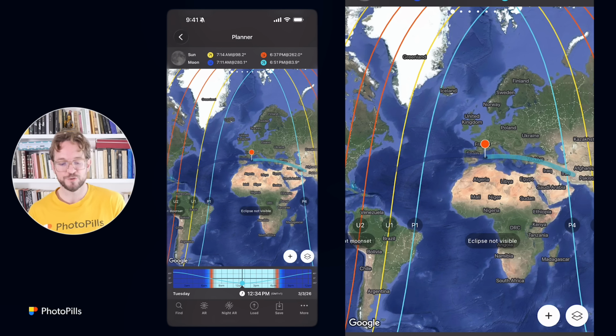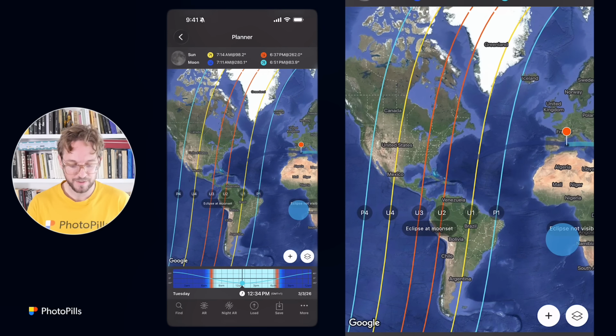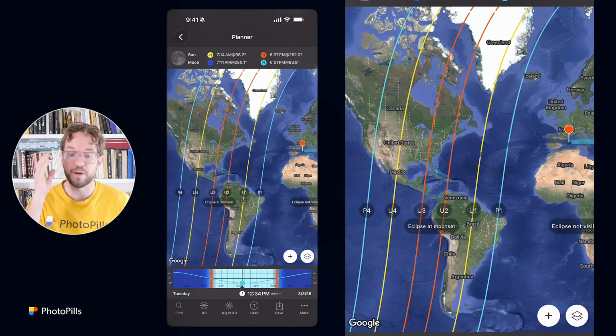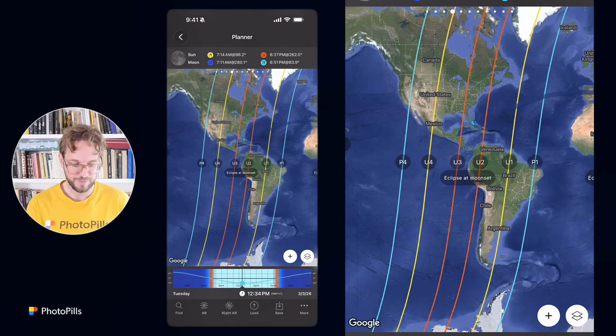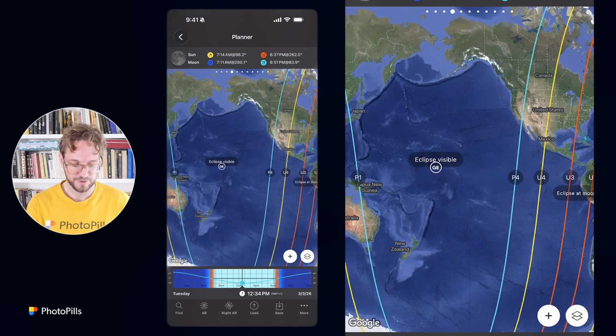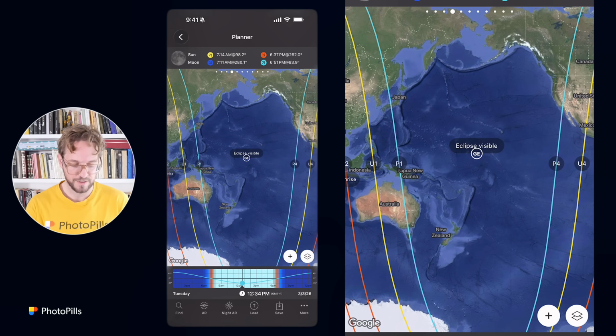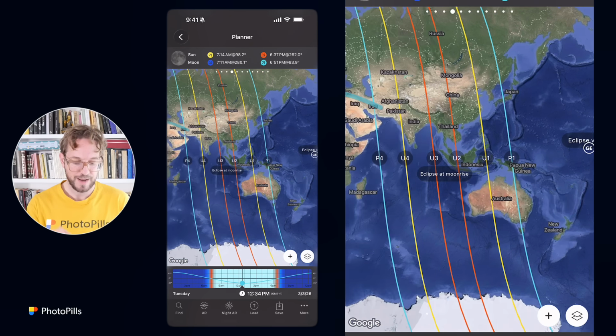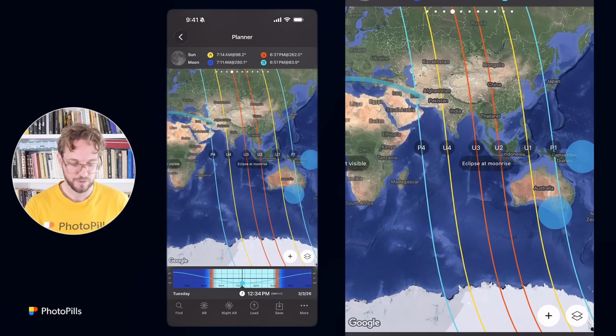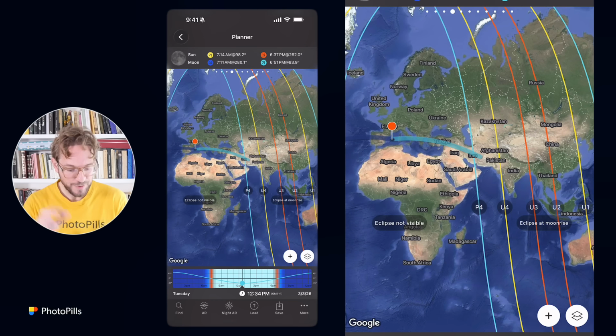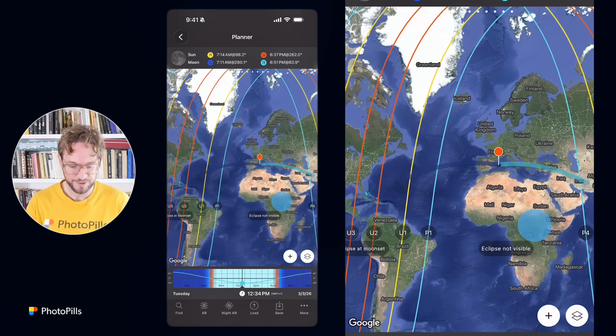As you see, unfortunately, the eclipse is not visible in Spain, in Europe, in Africa. It is visible at moonset in the Americas, US, South America, Central America, and also is visible here in Oceania, New Zealand, parts of Russia, and at moonrise is visible in China, Japan, and Australia. That's cool. Okay, now that we know where the eclipse is visible, let's plan a cool shot of the total